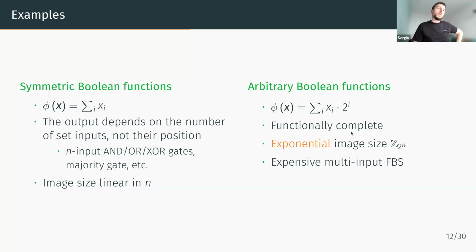This linear combination is functionally complete because using it you can evaluate any Boolean function. However, exponential image size results in expensive functional bootstrapping cost. In practice, we want to have some kind of intermediary combinations between these two extremes,